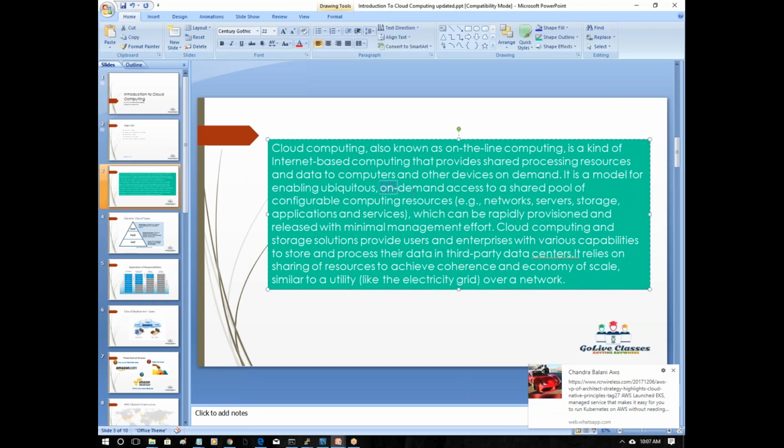So see here, on-demand access. It's a shared pool. Even if you see any definition of it, you will have on-demand access, and it's a shared pool of resources, and it should be rapidly provisioned. This is very important: rapidly provisioned and with minimal management. These are the words that you find in any definition. It's like shared online computing resources,